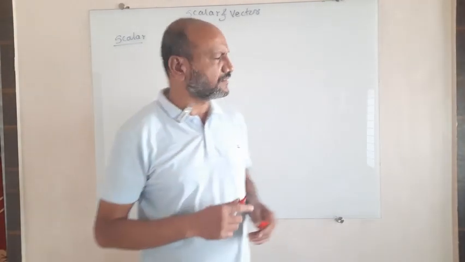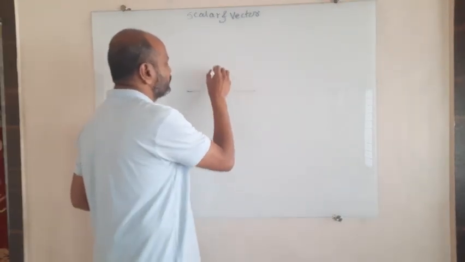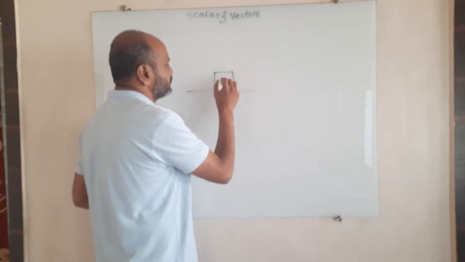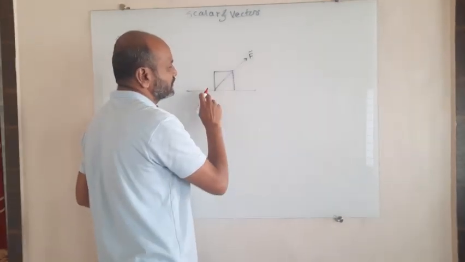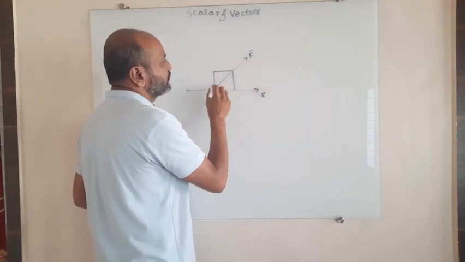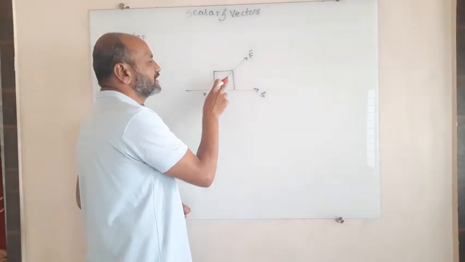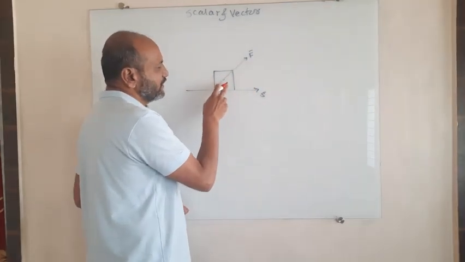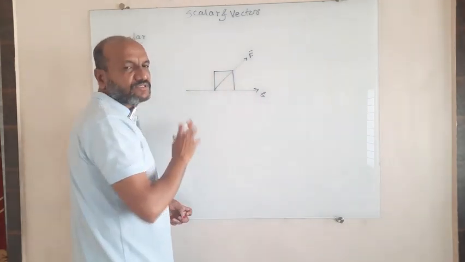In the case of another term, for example work, whenever we apply a force on this block, there is the direction of this force and the direction of displacement, and the work is the product of force and displacement. To explain the work, only the magnitude of force and displacement is necessary, so that work is